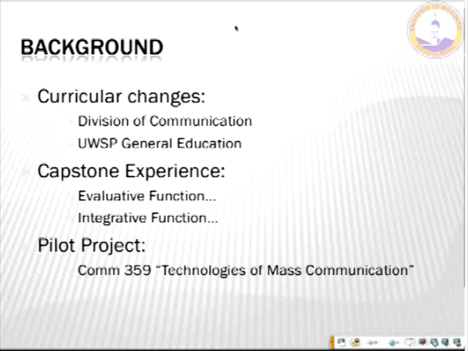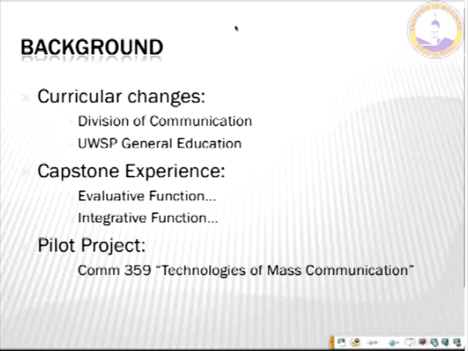And so as I started to talk to people around the campus who were using ePortfolio, I started to think about how I could implement that in both an evaluative as well as an integrative context. And that's what I'm doing this semester. I'm piloting this project that I'll be taking back to my colleagues in communication as a possible template for the capstone experiences within the emphasis areas that we have.